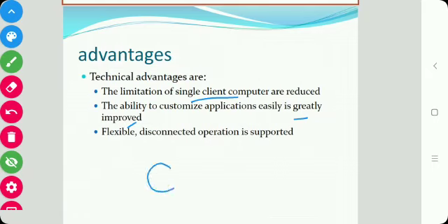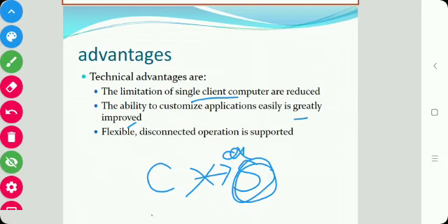That is, when the client wants to perform any operation, it sends the agent to the server. After the agent has reached the server, it is disconnected from the client, meaning the disconnected operation is performed. The agent performs its task on the server, but at that time the client is not connected. When the agent completes its 100% operation, the client will again connect to the server and the agent will go back with its result. So this is the disconnected operation and it is supported by the mobile agent.